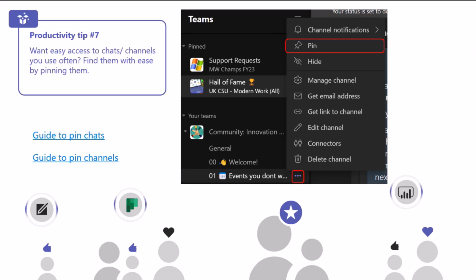And then as you can see in the photo, all the pinned items go up to the top. Now you might be asking yourself, what is the benefit of pinning chats or channels? Pinning chats and channels allows you to have very easy and quick access to chats and channels that you use very often. So maybe you want to pin a channel where your manager posts often and you don't want to